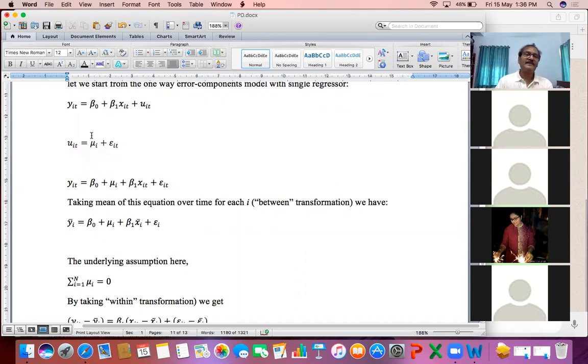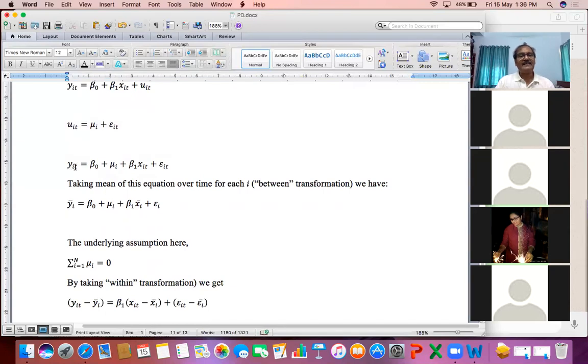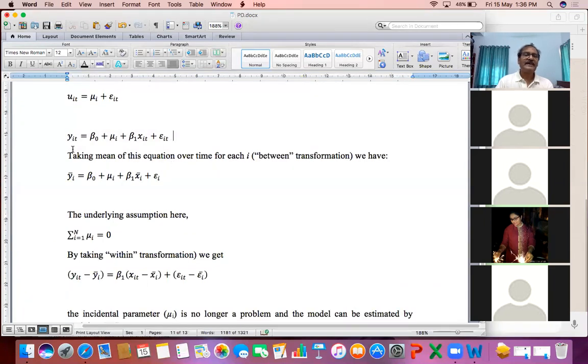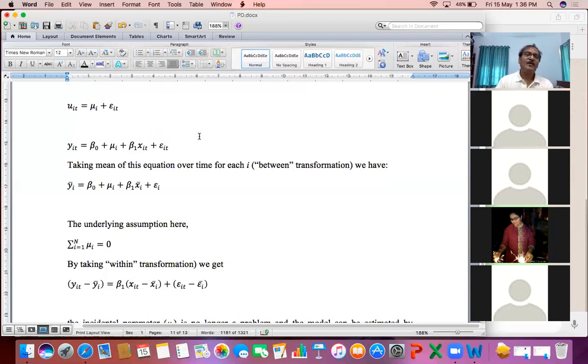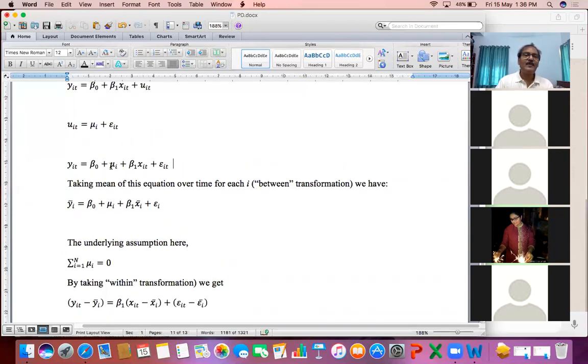So after incorporating this decomposition, you have a model: y_it is equal to beta naught plus mu_i plus beta 1 x_it plus epsilon_it. In this simple linear regression model, when we decompose the error, the mu_i term appears in your regression model explicitly. In your original form, there is no mu_i, and you can easily apply OLS to find out beta 1 hat and beta naught hat, at least theoretically. But in this model, if we want to estimate